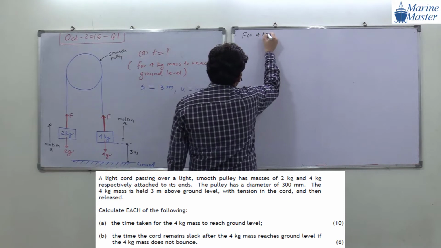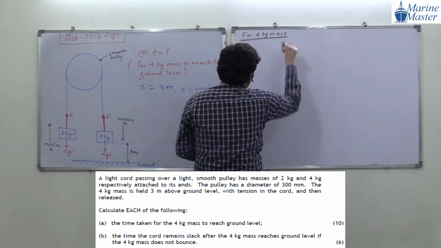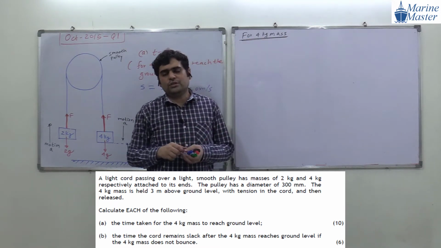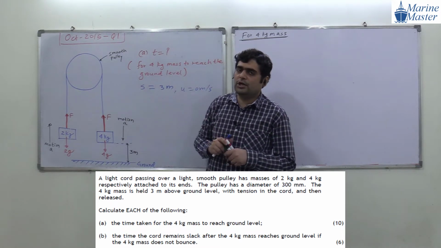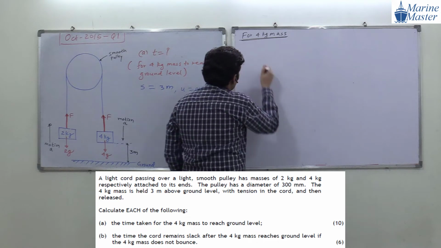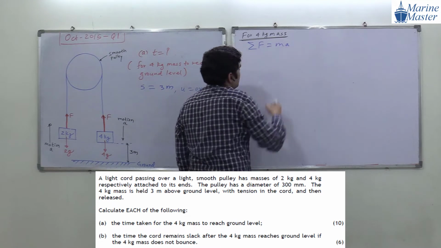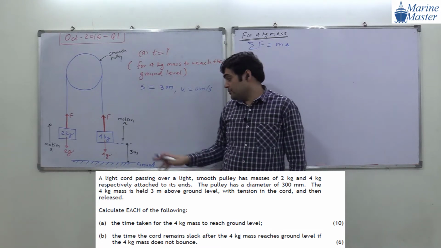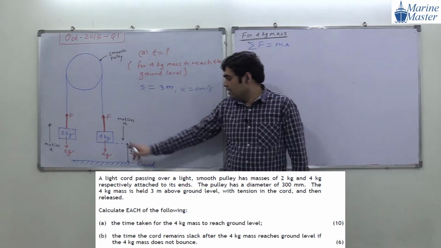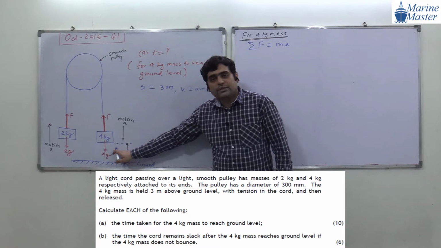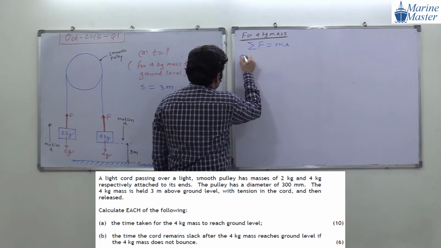Very simple point, guys, not that difficult. For the 4 kg mass, we are going to apply Newton's second law of motion. What is Newton's second law of motion? Summation of force is equal to ma. What are the forces here in the direction of motion for the 4 kg mass? Only 4g is in the direction of motion,